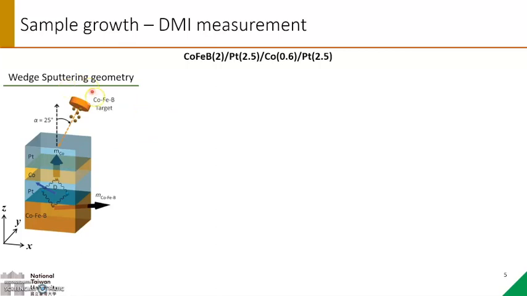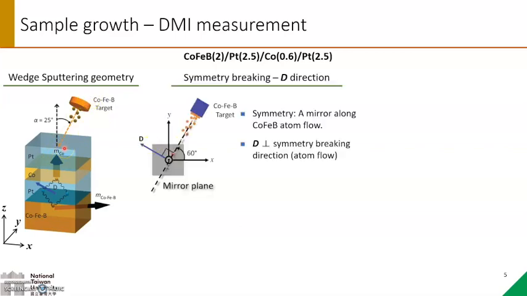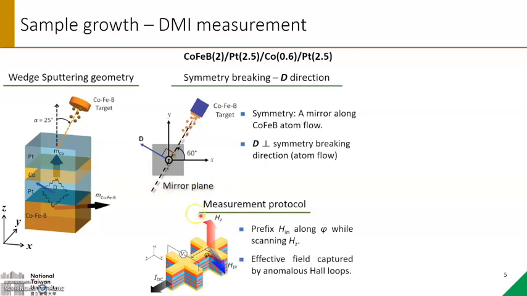In our experiments, the sample structure consists of a Pd-Co-based PMA multilayer stacked on top of an in-plane magnetized cobalt-boron layer. The sample rotation was disabled. Thus, the fixed direction of the cobalt-boron atom flow determines the symmetry breaking direction. The D vector must be perpendicular to the mirror plane parallel to the cobalt-boron flow to satisfy IDMI's mirror symmetry. To capture HDMI, we devised a field scan procedure